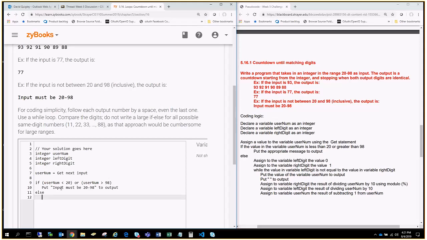my math. So first thing we want to do is set the left digit to equal 0. We will hit enter, set, oops, spelled that wrong, L-E-F-T. Then we'll set the right, not the first digit, the right digit to equal 1. So that way right off the bat, they are not equal. So now I can do while left digit is not equal to right